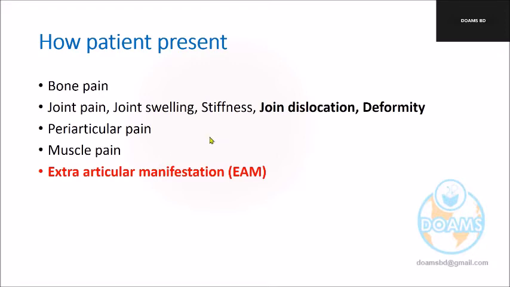And this is our challenge, and we will try our best to explain in a very simplified manner how to identify the bone pain, joint pain, periarticular problems, that means periarticular pain, muscle pain, and what are the relevant extra-articular manifestations. If you stay with us today from beginning to end, I believe you will be able to understand very easily how to differentiate the different sources of the pain